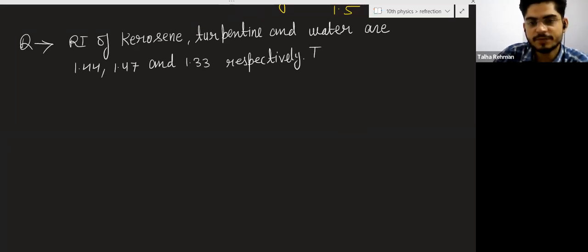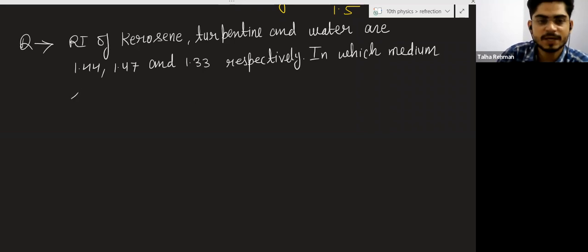And they are asking in which medium the speed of light